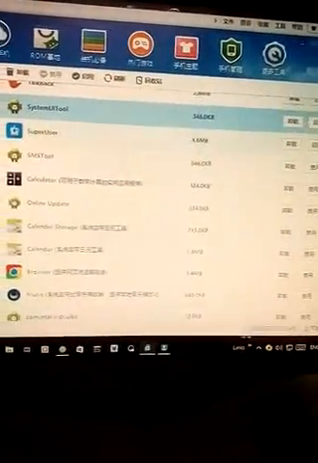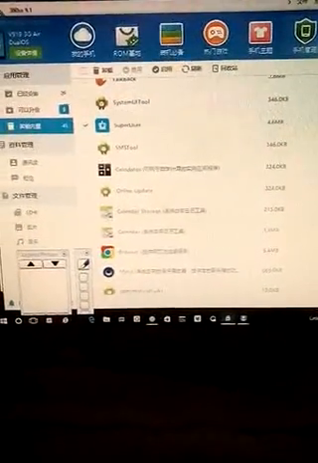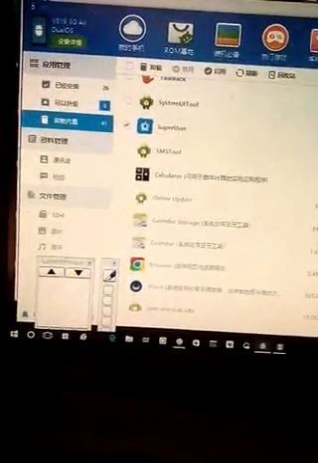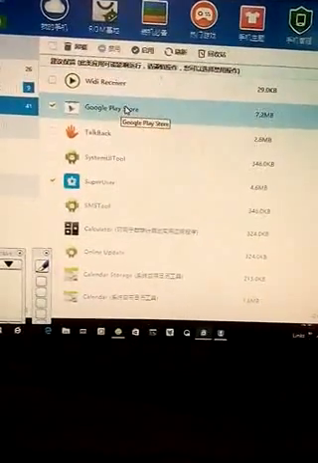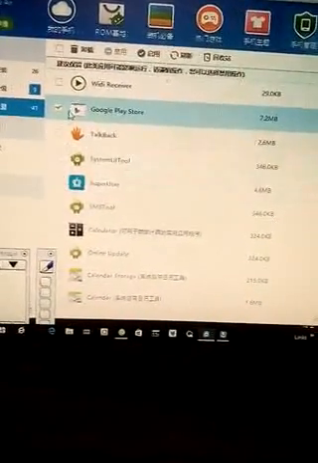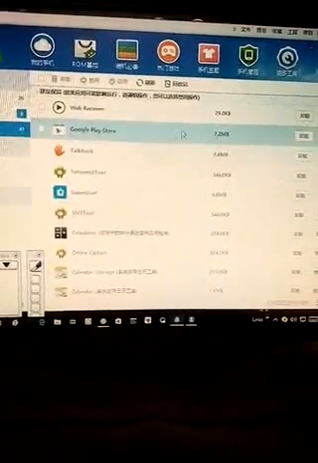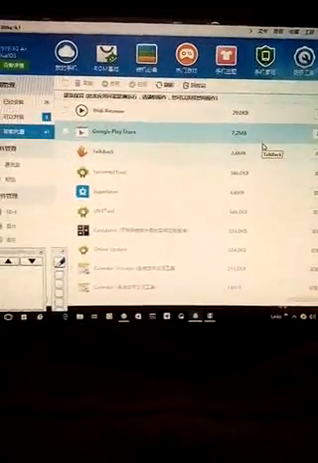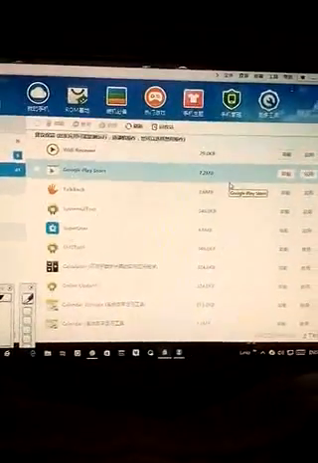and I try to include the link. Google Play Store is also something to troubleshoot. The point is, even though you cannot uninstall it, you can disable it. So I try to include this control panel, and this is like King's Root, but it's not King's Root. King's Root had trouble with Windows 10 and the exe could not be installed, and